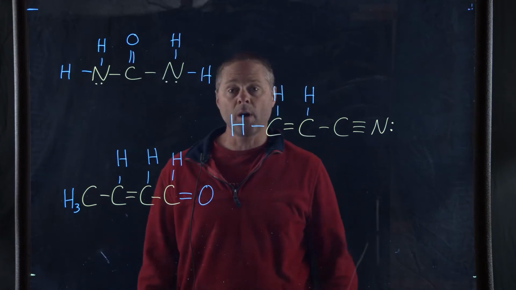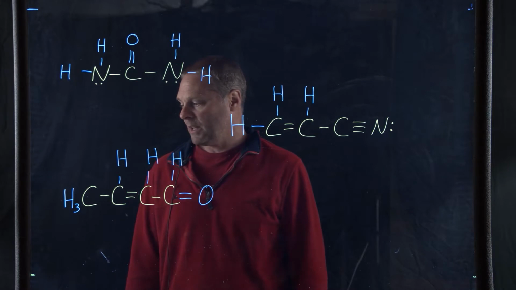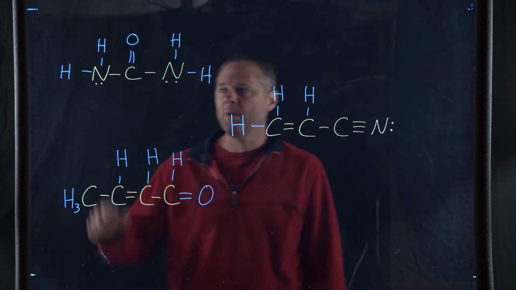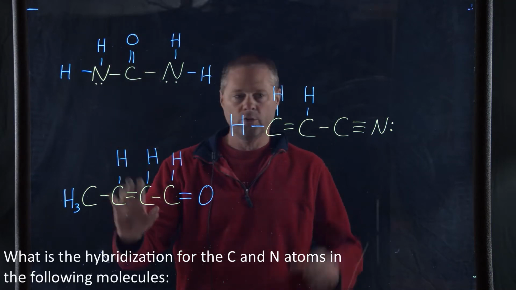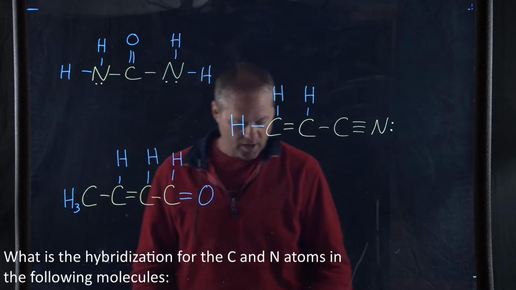Once again, we have another problem that deals with hybridization. And this question reads, what is the hybridization for the carbon and nitrogen atoms in the following molecules? So we have 3 molecules here. We've got 1, 2, and 3. And so what we're going to do is come up with the hybridization of each one of